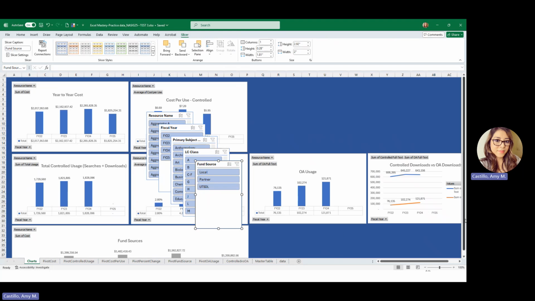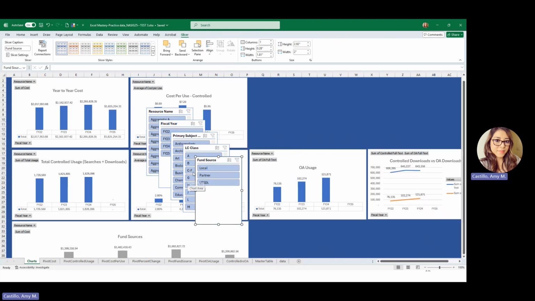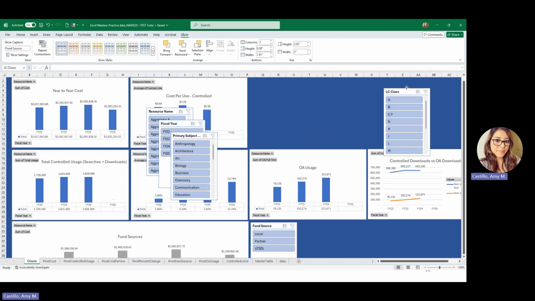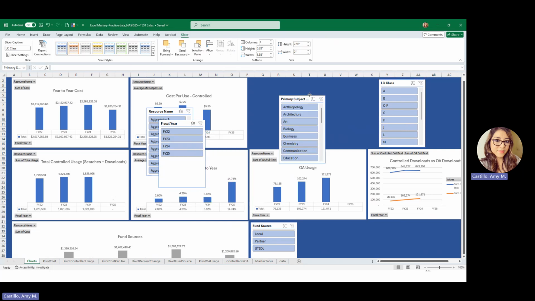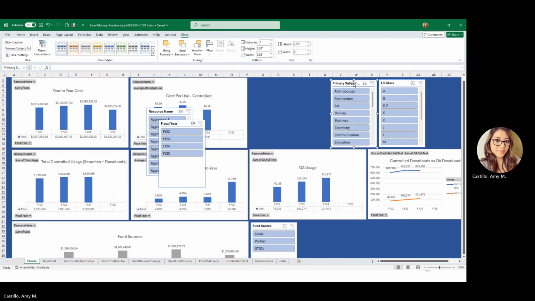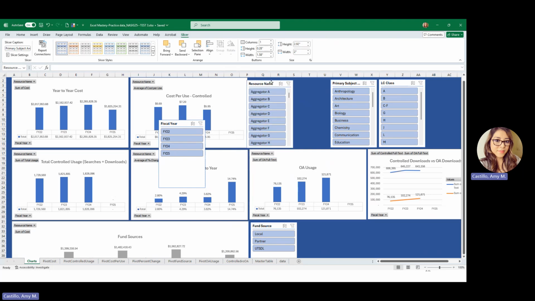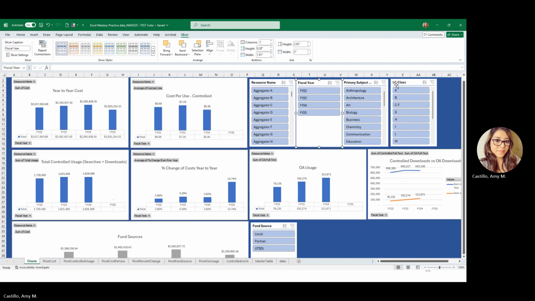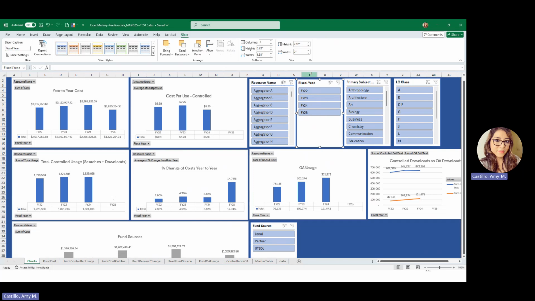So at this point, I'm going to move the slicers to my preferred area on the charts dashboard. So I'm going to move fund source down here. LC class will go in this general area. Primary subject area here. I'll go ahead and get resource name. And then actually I want to have fiscal year next to the resource name. So I'll move these a little bit, just make some space. Okay. All right. So now that everything's been moved to my preferred location,